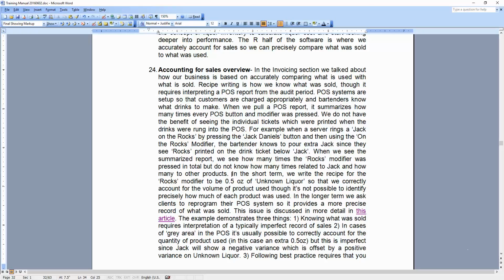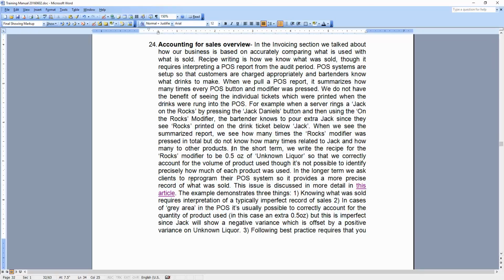This issue that we're explaining demonstrates 3 different things. The first one is that knowing what was sold requires interpretation of a typically imperfect record of sales. In this case, the rocks modifier tells us the volume or amount sold, but not which specific products. The second thing we figure out is that in cases where there's this gray area in the point of